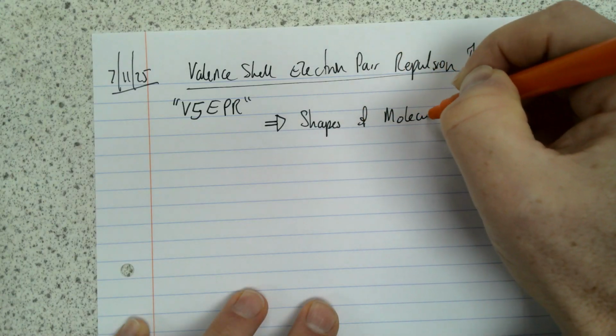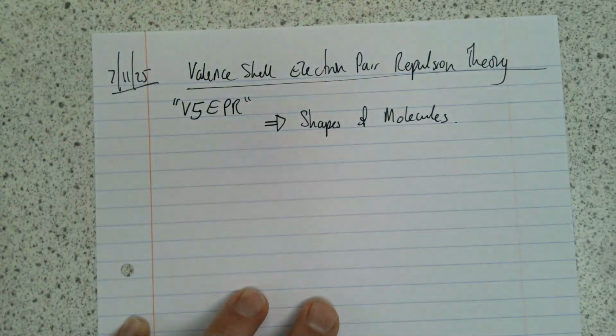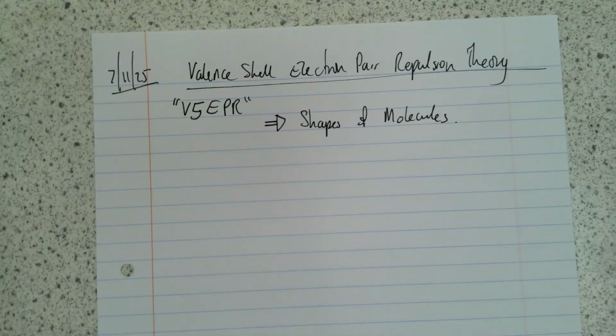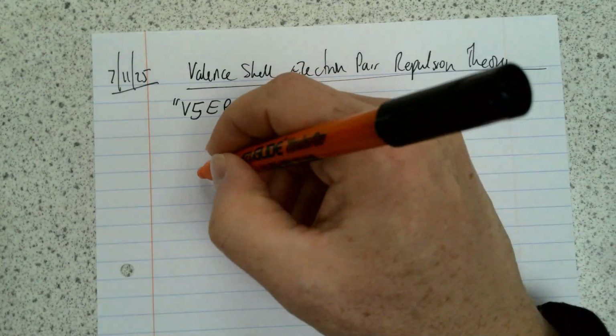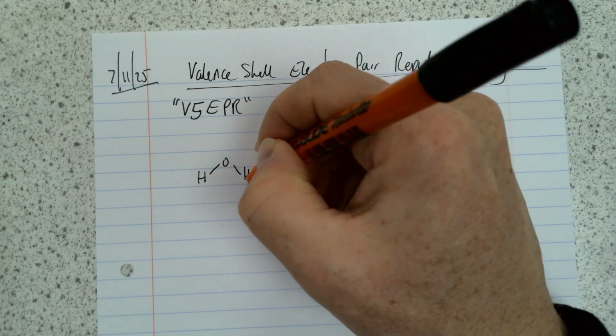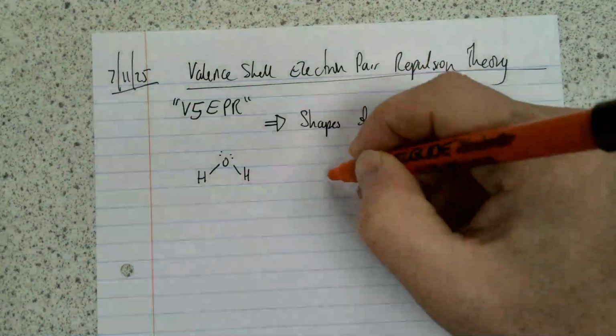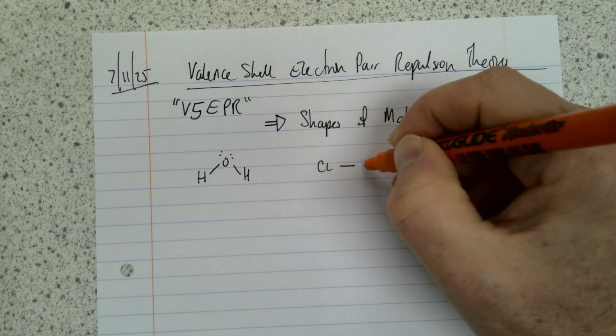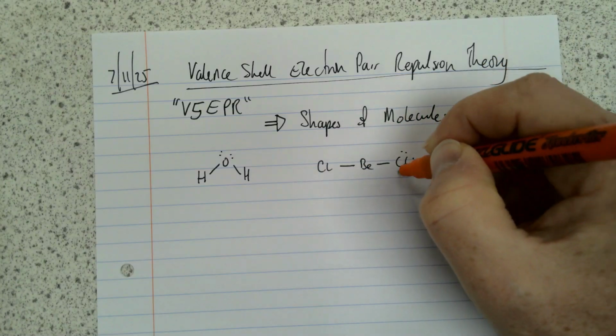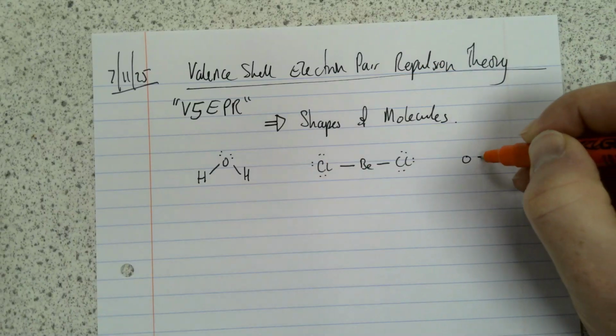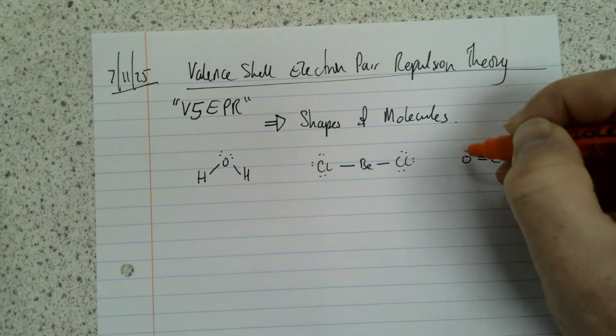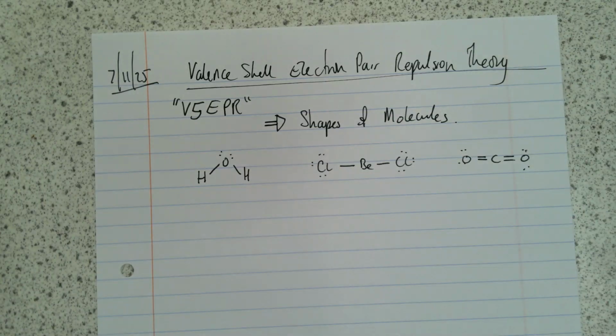Right, so for a long time, you've been able to draw the dot and cross diagrams, the Lewis structures, if you like, of simple covalent substances like carbon dioxide and water and hydrogen and all of these things. But you might have noticed that when I'm drawing things like water, I give it that shape, put the lone pairs on as well. Or when I drew beryllium chloride yesterday, I drew it that shape. Or a better example, I drew carbon dioxide, I always draw it that shape. So there's a reason that we draw things with certain shapes, and that's because we know what shapes molecules are,